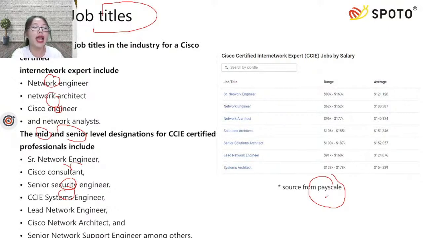So CCIE has provided us with many opportunities for employment and the job